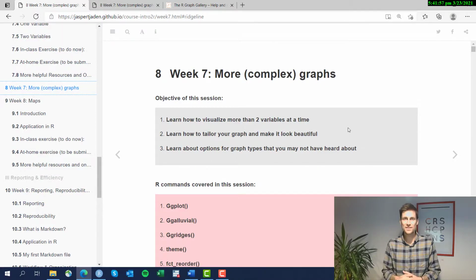This is it for week 7. In week 7, we learned how to customize your graphs, how to add a little bit of complexity, and how to manipulate them and turn them into what you want. We did this first with a scatter plot and then with a more advanced bar chart. And then I introduced a range of more exotic plots like the alluvial plot, the ridgeline plot, and I believe the lollipop plot, right? So in this summary, I just want to leave you with some general advice when you're